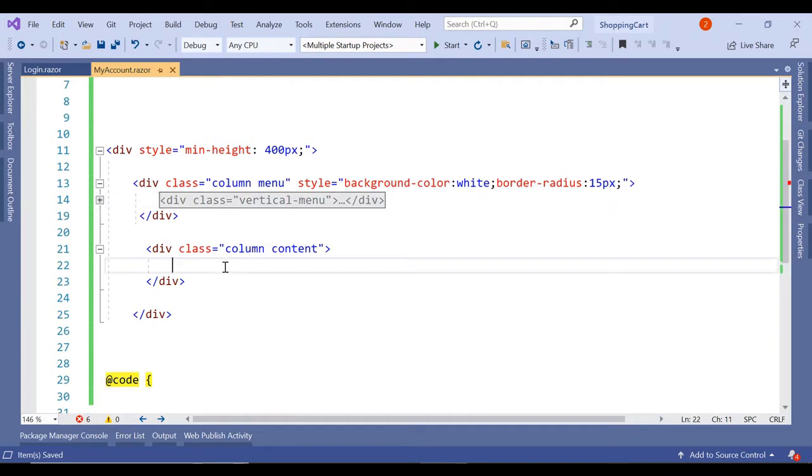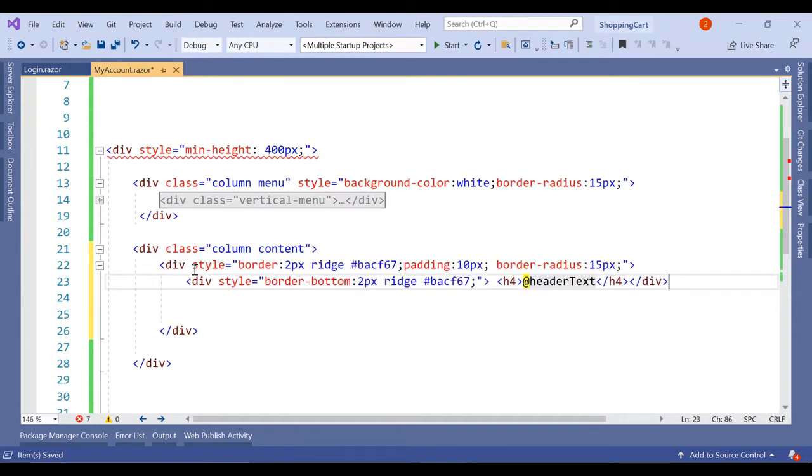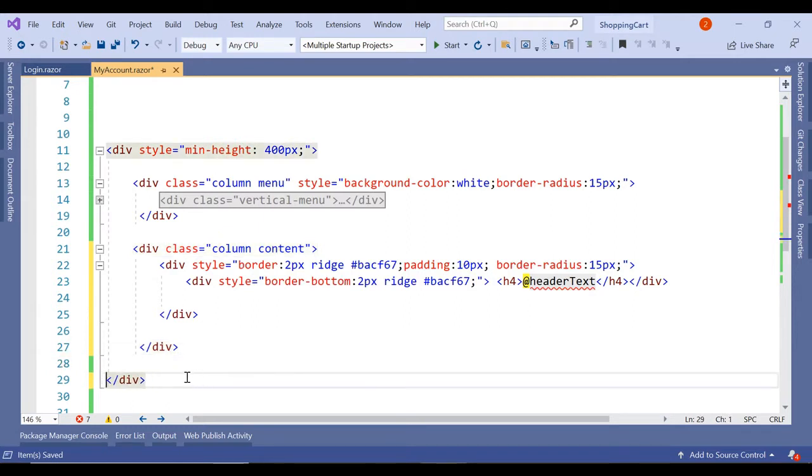And the column content, so inside this column content we are going to add two divs. Okay, so we have this div with the header text, and then we have this another div. So this is the closing of this div, and this is the closing of this div. Okay, so we have it this way.